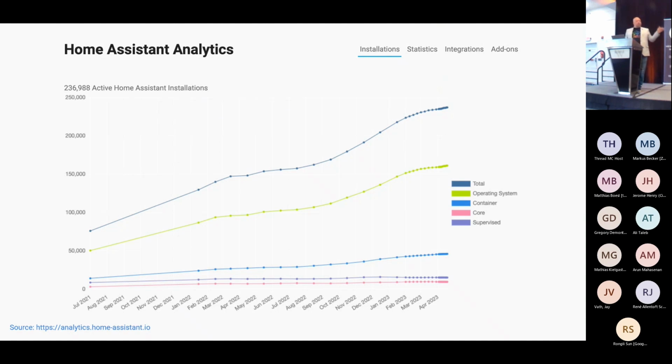Now you can actually see already some different colored lines, and that is because there's different ways of installing Home Assistant. But by far the most popular one is called the Home Assistant operating system, because it turns your Raspberry Pi into a home automation hub, like you would expect the experience from when you get one at a shop. So you can update through the user interface. The updates will roll back if the update fails, all these things.